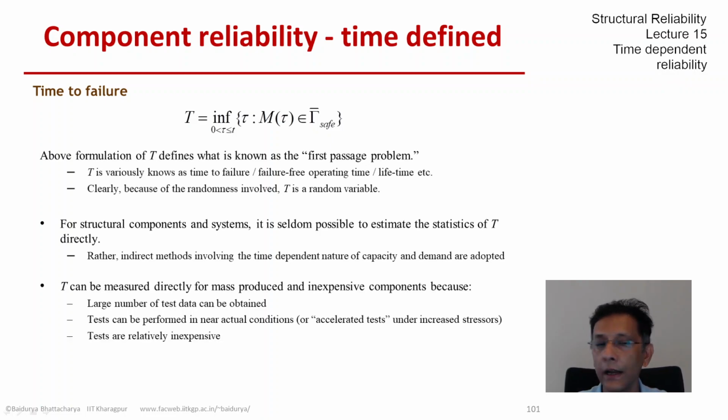However, if we have access to a large number of mass-produced, identical and relatively inexpensive components, then we could test them under near actual conditions or under accelerated tests under increased stresses, but we would get a large number of test data, time to failure data, and then we could use them to estimate various metrics of this random